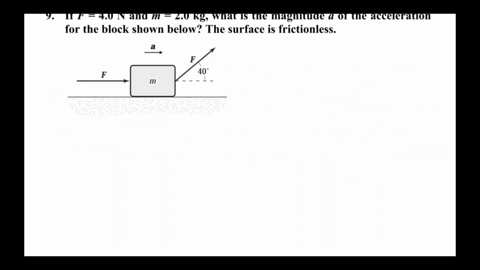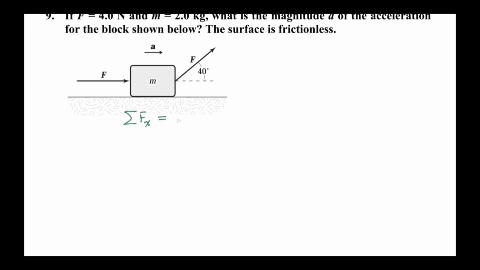newtons. If F equals 4 newtons and M equals 2 kilograms, what is the magnitude A of the acceleration for the block shown below? The surface is frictionless. Now let's see the situation here. We have an acceleration here and we have F, and this F is making 40 degrees. The surface is frictionless. Now the sum of all forces